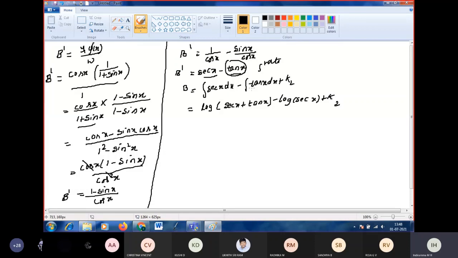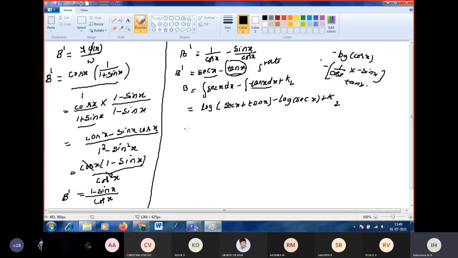Or you can write integration of tan x is minus log of cos x also, because what is the differentiation of minus log of cos x? Minus outside, differentiation of log of cos x is 1 by cos x into differentiation of cos x, which is minus sin x. Minus into minus gives plus sin by cos, tan x. You will get tan x, right? Yes, ma'am.